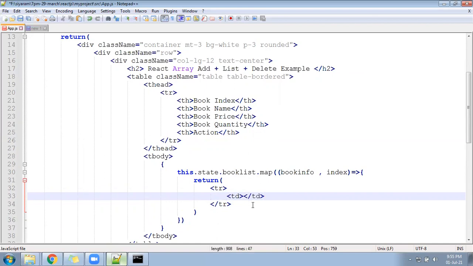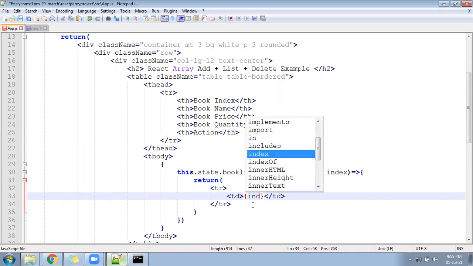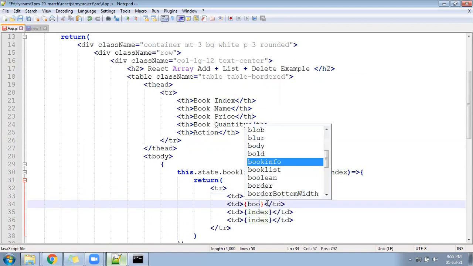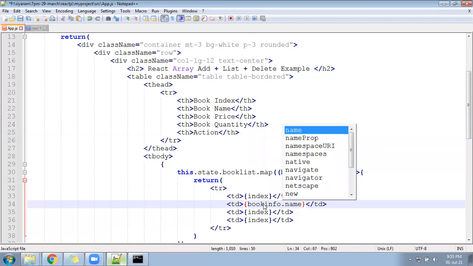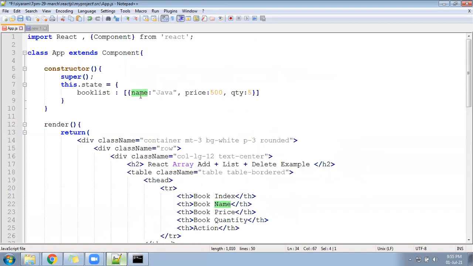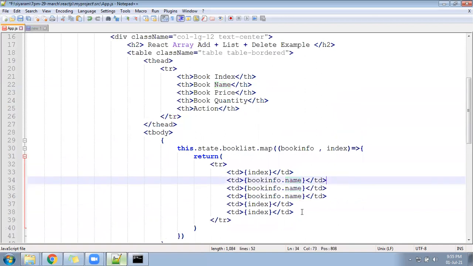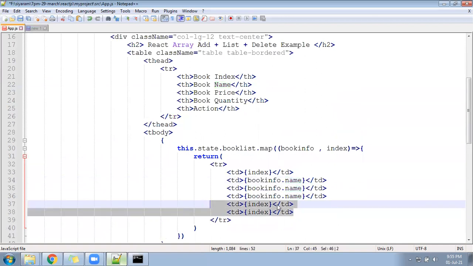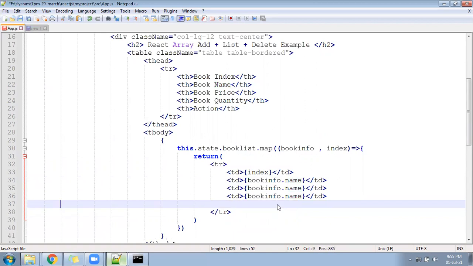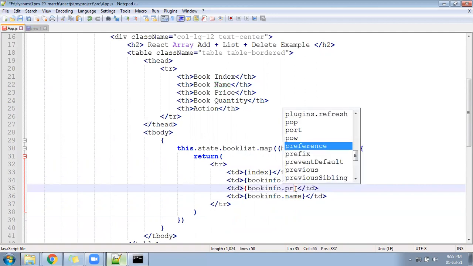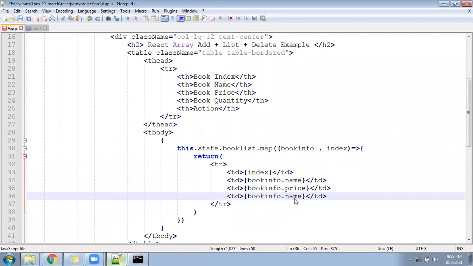So let me keep the first one as index. It will come 0, 1, 2, 3. Then I'll write bookInfo.name. Name is the property that we have defined inside the array, right? Now name, price, quantity I'll follow, bookInfo.price, and then bookInfo.qty.